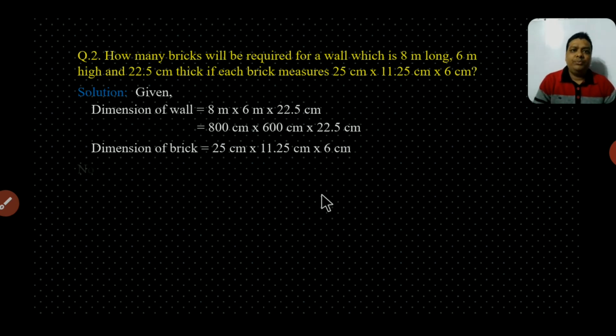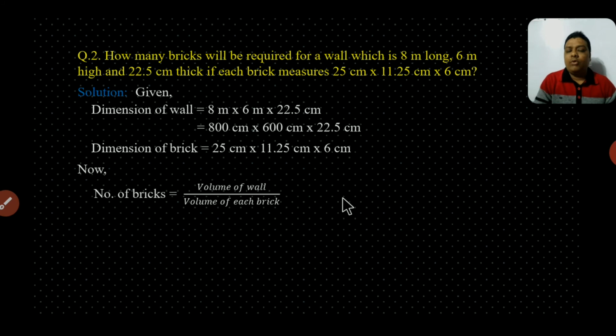Okay dear. Now, there is a formula here: to find the number of bricks we will divide the big volume by the smaller volume. So big volume means volume of wall, and volume of each brick, to find the number of bricks. So volume of wall is L into B into H, and volume of each brick, because the shape of both the wall and the brick is cuboidal, we will use the same formula, but here we can use the capital letter to show the volume of wall and small letter to show the volume of brick.